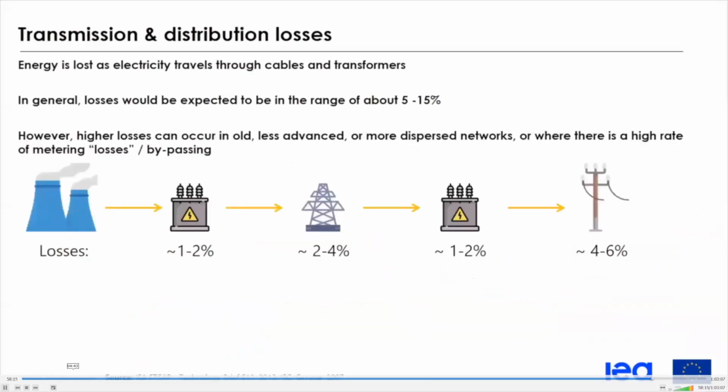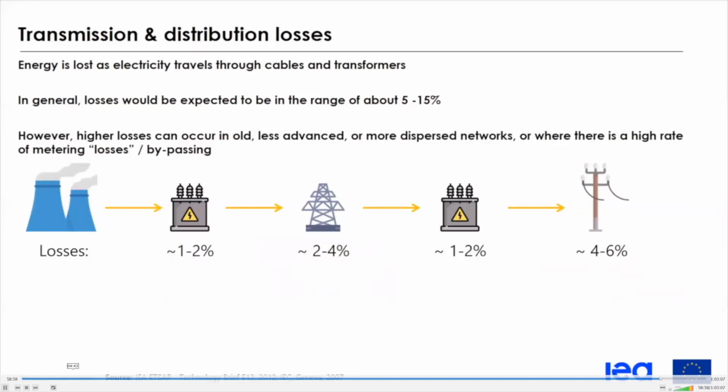So as I told you in the previous slide, you also have an expected value, which is the transmission and distribution losses. So let's see a little bit more what's happening in the various parts of those losses. As electricity travels through cables and transformers, energy is lost along the way. Much of this is in the form of heat, as the electric current flowing through the cable raises its temperature. This energy is lost as it dissipates into the surroundings, reducing the amount of energy that reaches the final destinations.